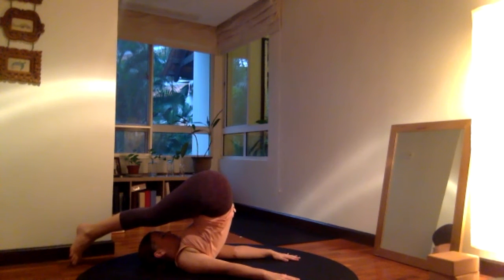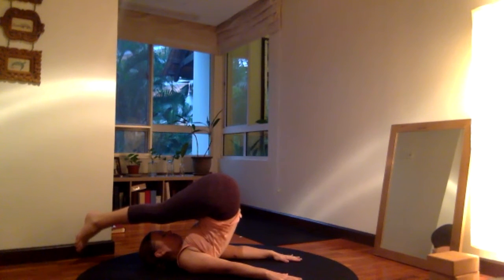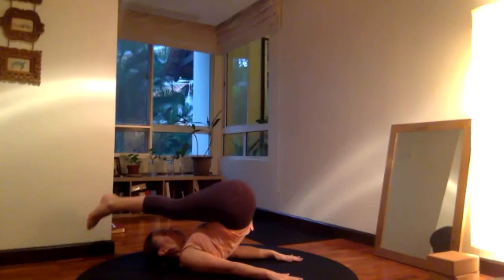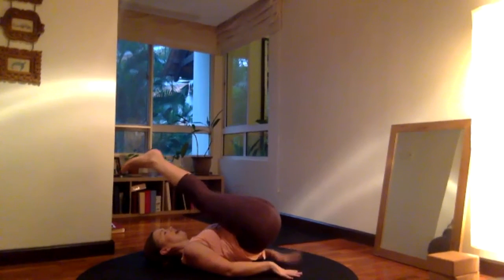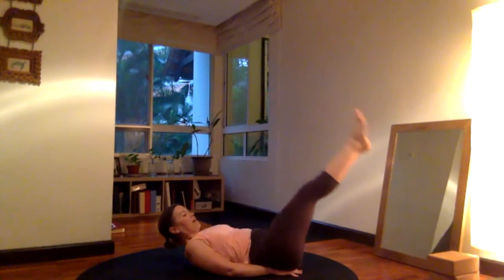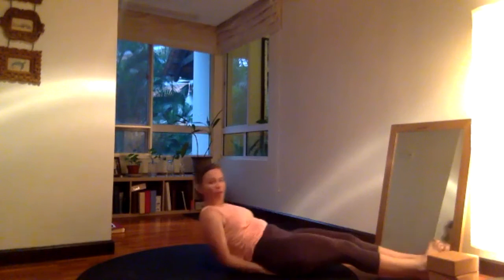And from here, we're slowly pushing the hands into the mat, coming down very slowly, vertebra by vertebra, slowly as possible, coming into like a forward fold, keeping the legs nice and close, and then the hands are right under the sacrum. You let the legs come all the way down to the ground,